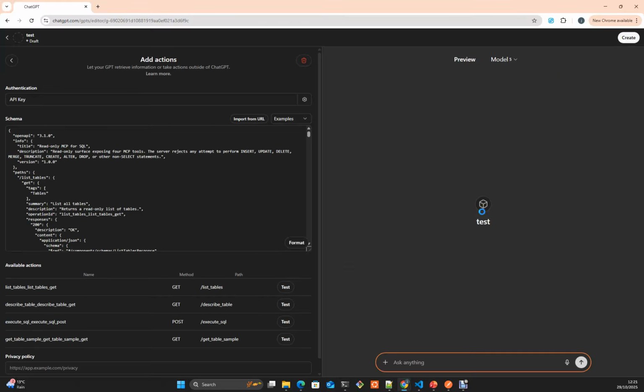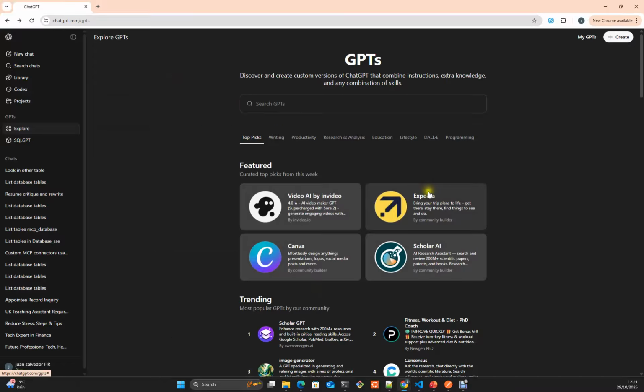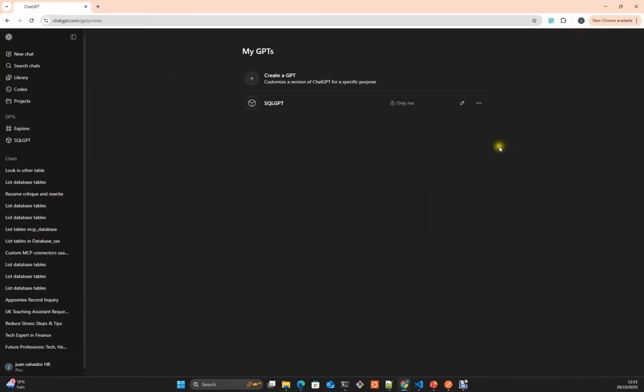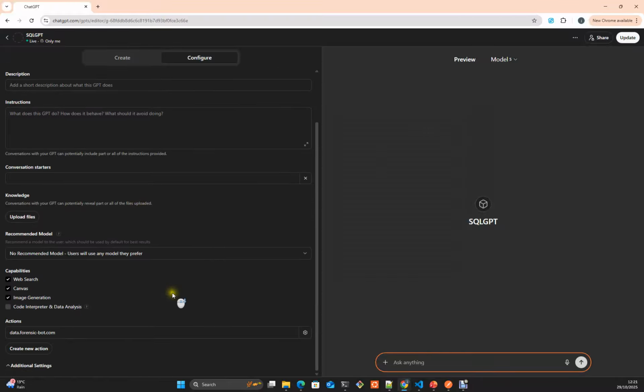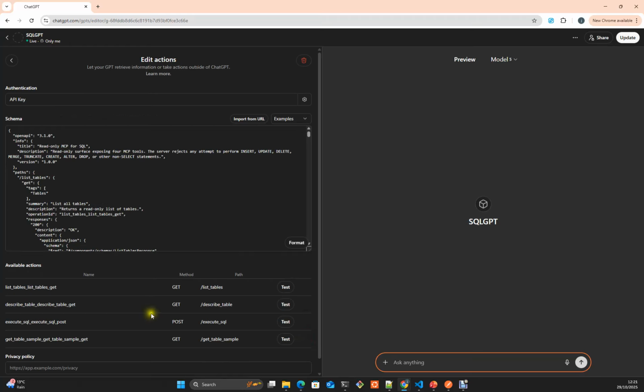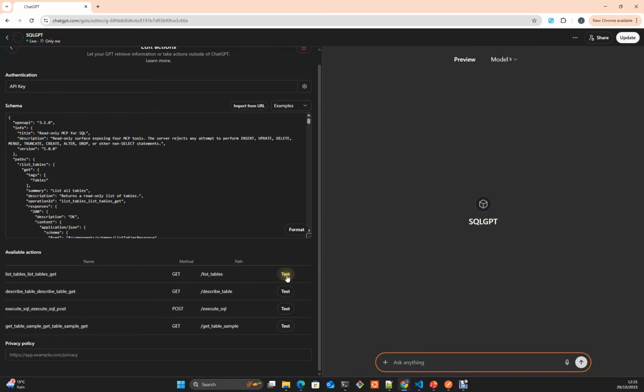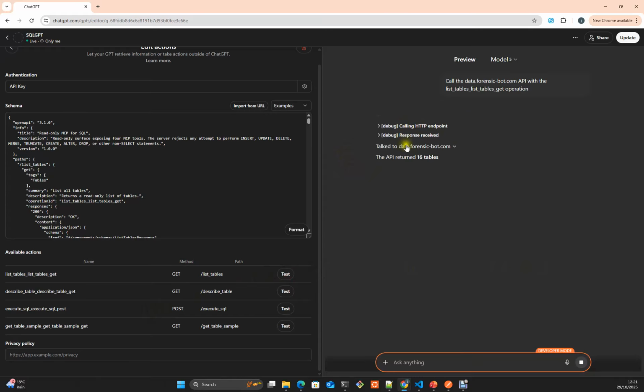Once you have this done, I'm not going to create it because I already had one, so you can directly go to the actions and you can start testing your API directly.